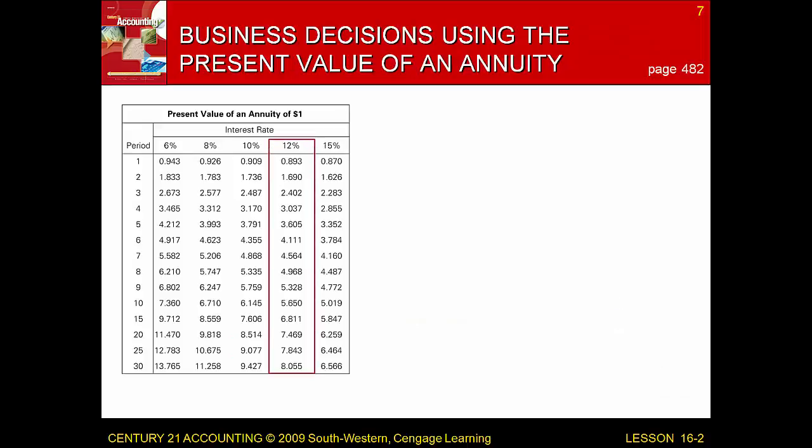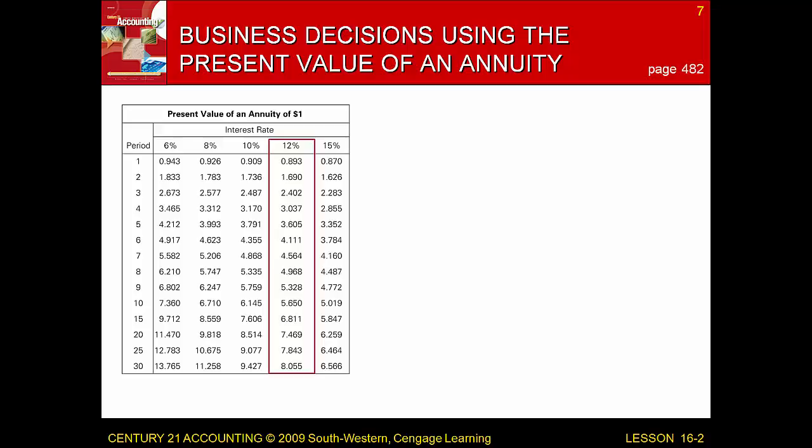So now let's take a look at the other way that we use to calculate that, which is for a business. Businesses can use the future value or the present value of an annuity to make decisions about investments in assets. So if we take a look at a business considering purchasing equipment for $22,000, the company is going to be able to generate cash flows